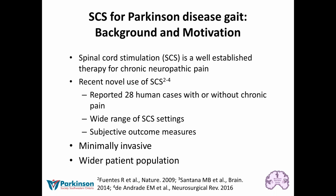There are actual clinics in the U.S. that's all they do. They do about 40, 50 cases a day. But this treatment, in terms of for Parkinson's, came about on accident, where there is some pain that patients with Parkinson's do experience. And so that pain was treated with spinal cord stim. And then they found that after their pain was alleviated with the spinal cord stimulator, they also noticed improvement in their Parkinson's symptoms. So with about 28 studies, human case studies, have been done worldwide, and they've included patients with